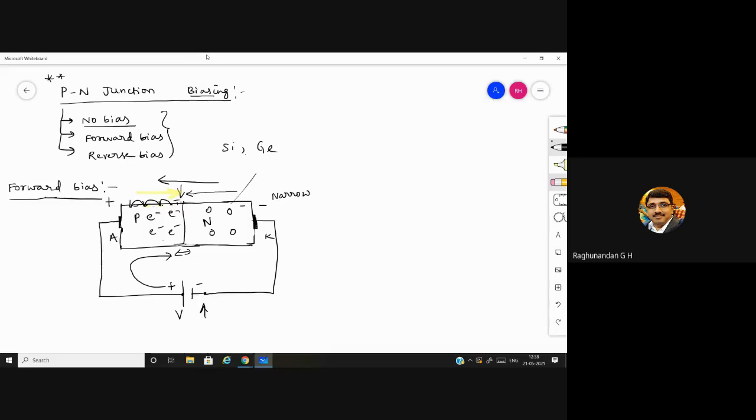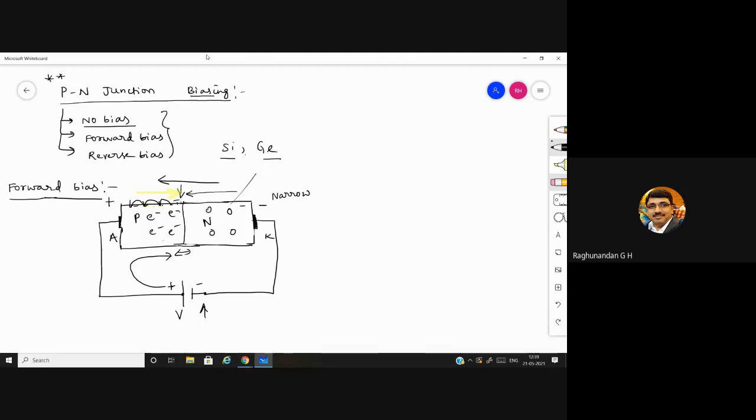It is not only silicon and germanium. We have many other materials like gallium arsenide phosphide, like that. We have different materials, but for a simple diode, we'll use either silicon or germanium because silicon, you know that it is very cheap. So we go for silicon for small applications.